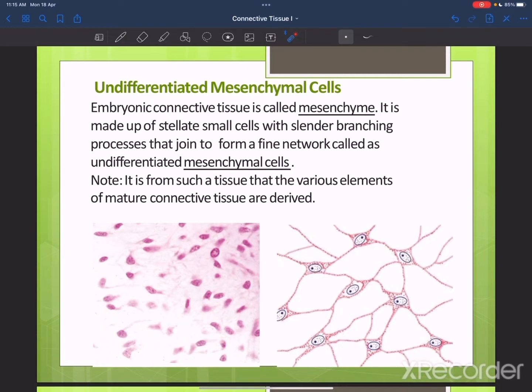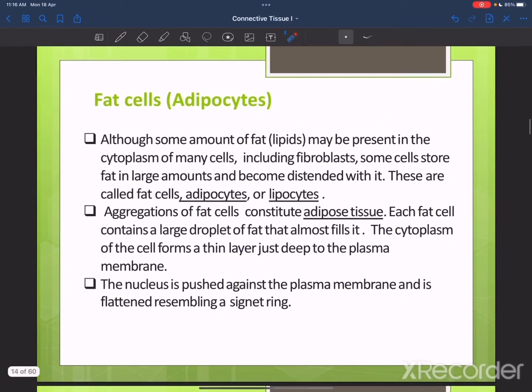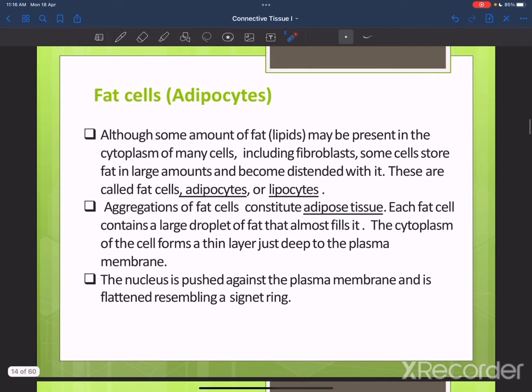Ground substance with the fewer cells and fibers. Mostly they are collagen fibers. Regarding other types of cells, to discuss them is the fat cell, adipocyte. Again, this is a fixed type of cell of the connective tissue. Although some amount of fat or lipids is present between the cytoplasm of the other cells, mainly it is found